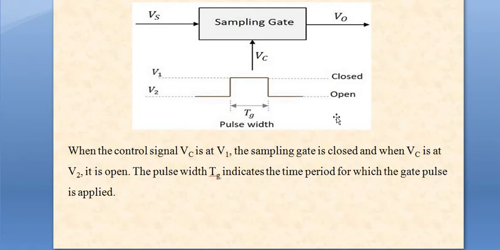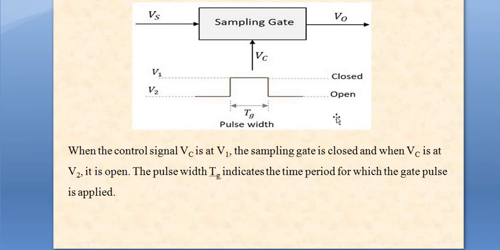Yes, so selection means you are selecting a particular time period, and in that time period only you are getting that particular signal. You can also call these transmission gates, because you are transmitting that particular input in some pulse width of time. Then it is also called a linear gate. So the output will be an exact reproduction of the input during that particular sampling time interval. Now the sampling gates may be unidirectional or bidirectional.